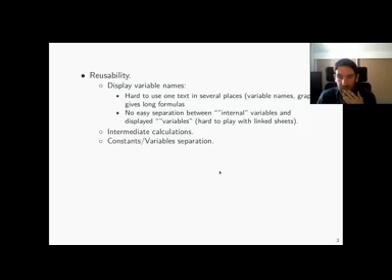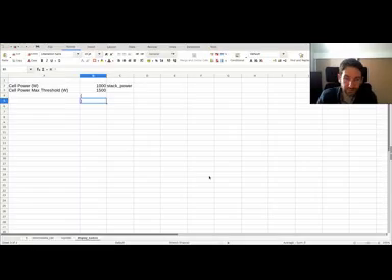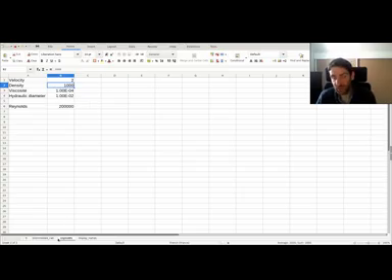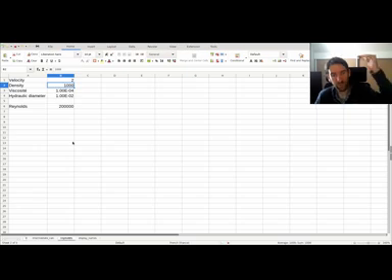Intermediate calculation, I have already talked about that, and constant variable separation is a bit the same idea. For example, when I calculate the Reynolds number here, maybe the density is a constant, and so it could be very interesting to put the constants in another sheet where I put all the constants, so I can see what is modified and what is not modified. It's very good practice to do that.